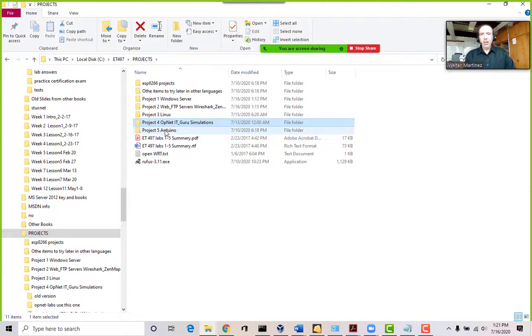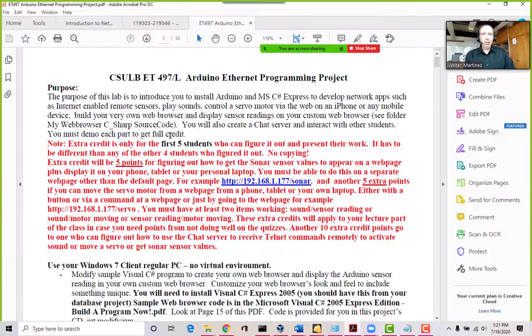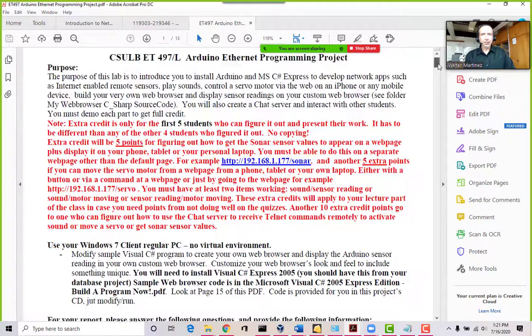All right, so the last one here is the Arduino IoT, and this one used to be all wired, and I'm hoping to introduce a wireless lab with this one as well, so that you can do some Wi-Fi with it.